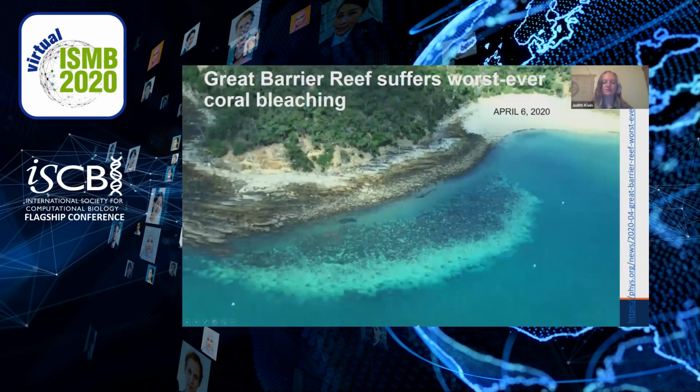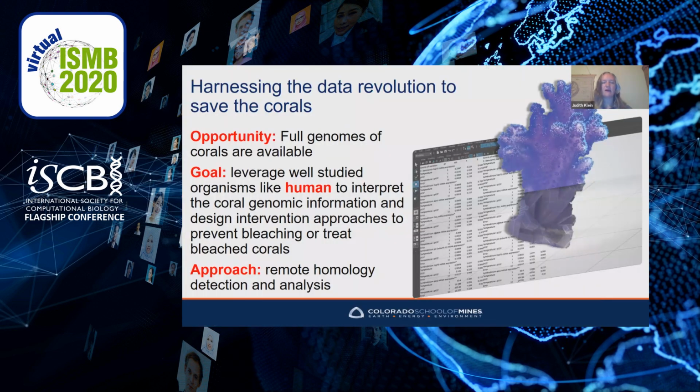Frequently we hear about corals in the news. For example, it was recently reported that the Great Barrier Reef suffered the worst ever coral bleaching event this year. What can we do about this as computational biologists? Our hope is that by harnessing the data revolution, we can come up with ideas on how to save the